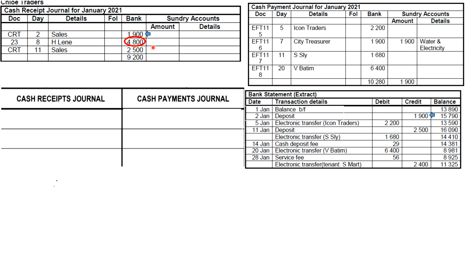Now we're gonna take a look at the 2,500. Yes, it's there in our cash receipt. Yes, it's there in our bank statement. That means no errors were made and no adjustments need to be made. So we're just gonna tick that amount and also tick it in the bank statement. Then now we're basically done with our CRJ here. This is just a total for the CRJ.